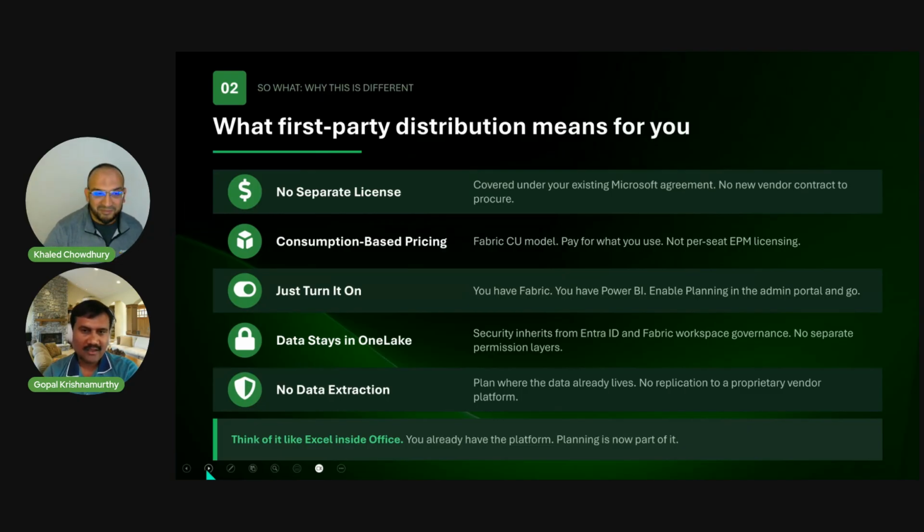Okay. I think a lot of you have seen me talk. I used to say the complete Power BI with InfoRiver. Now with Fabric Planning, we complete Fabric. We give the missing piece. But what the first-party distribution means is we wanted to make it very easy, because I don't know how many of you know, Lumel actually won the best overall vendor for EPM last year by BPM Partners. And Valcue won the best financial modeling software in 2020.